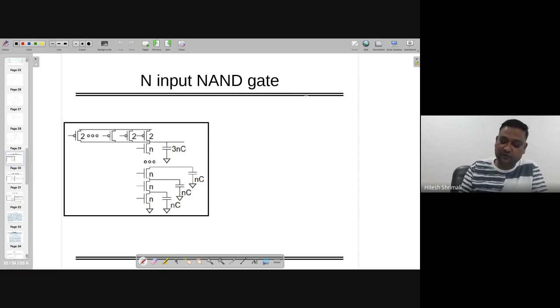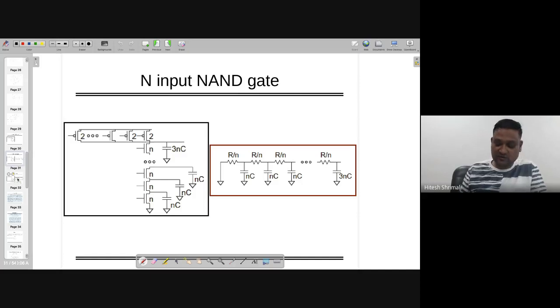As you know, if I want to find out the delay for a simple gate, and by the way, this is rephrasing what you have done previously: if it is asked to find out the delay of a gate or a CMOS gate, you need to draw the equivalent resistance capacitance model. When you are drawing this, look, I'm drawing only this part.